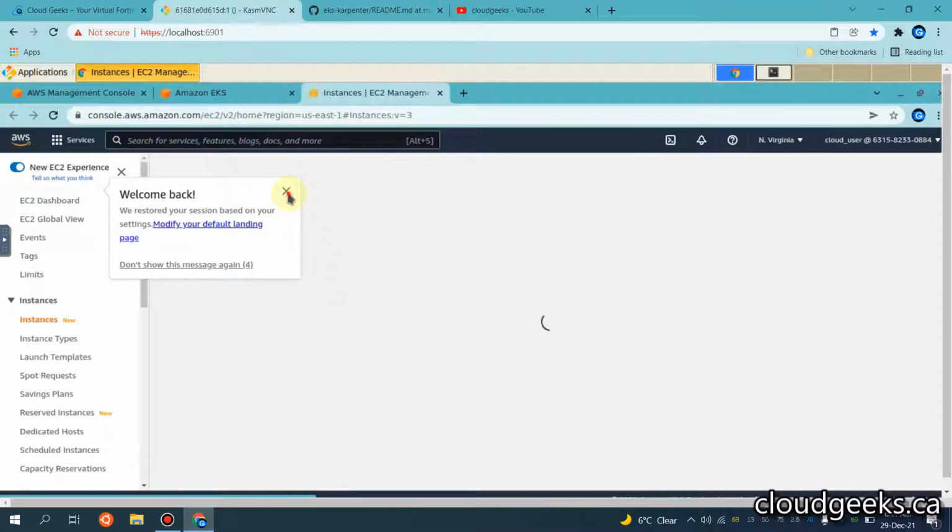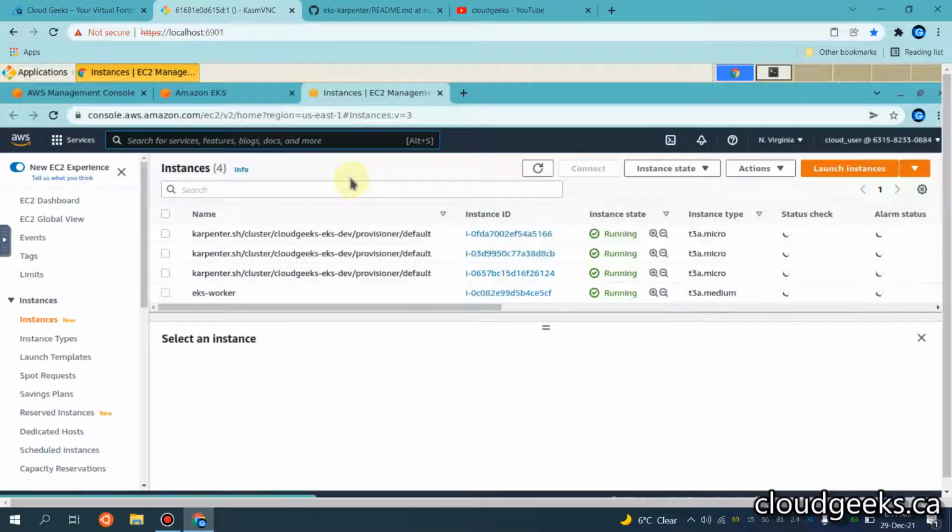As I told you in a previous video, you see the initialization of these worker nodes has automatically begun because we have already set up Karpenter.